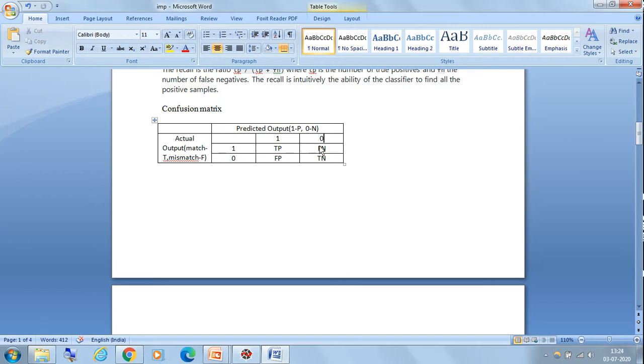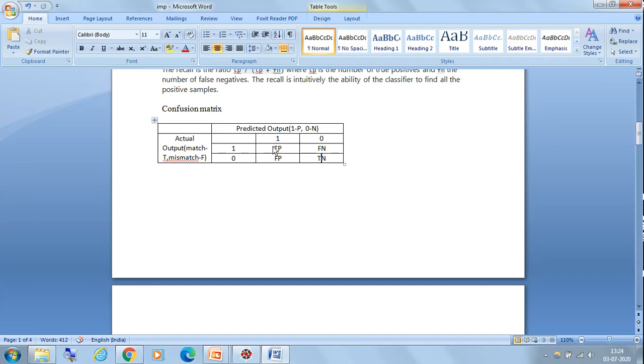Same thing, 0 and 1 is a mismatch, so false. 0 and 0 is a match, so true. So this is your confusion matrix. You can see the number of correct results is nothing but your diagonal values. That is, this is classified correctly and this is classified correctly.